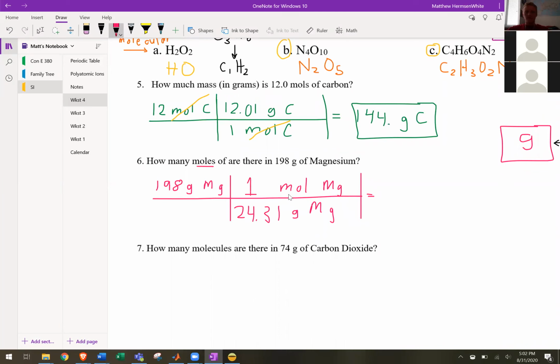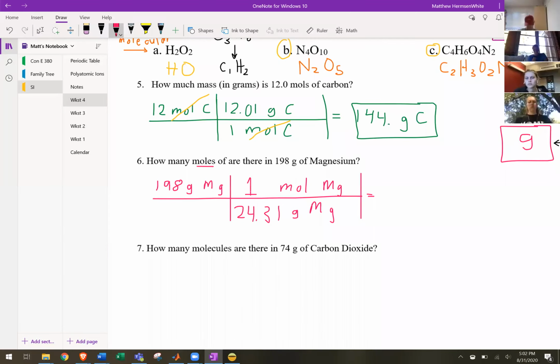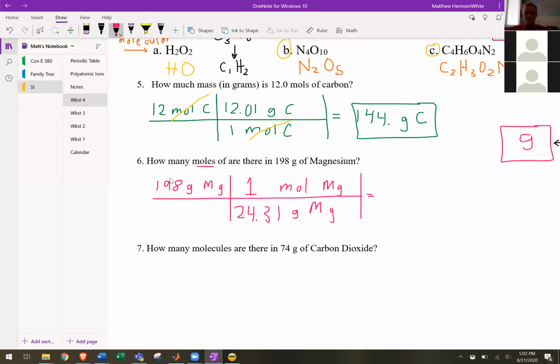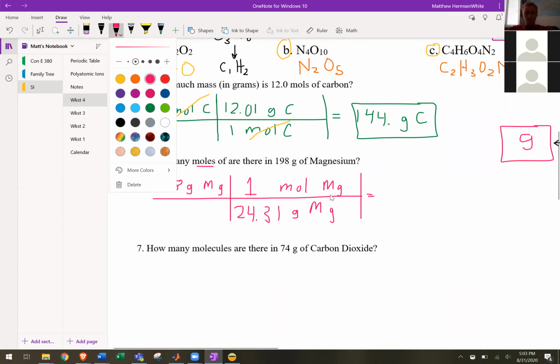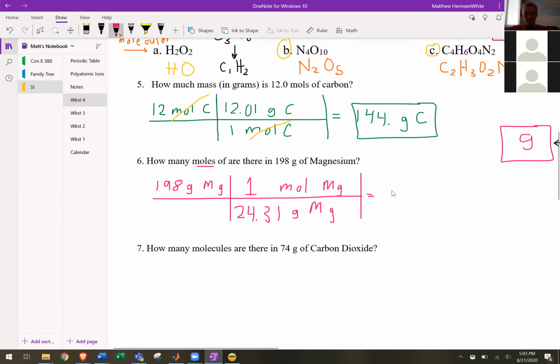That's the definition of molar mass. How many grams per 1 mole? So all you have to do now is do 198 times 1, divide by 24.3, and that should come out to be 8.14 is what I got. 8.14 moles